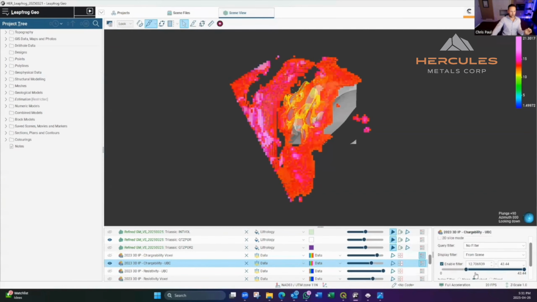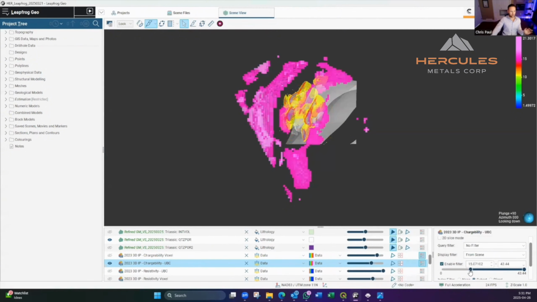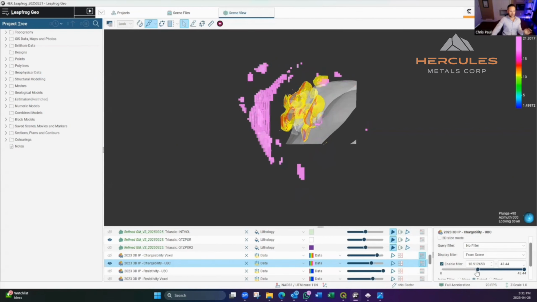So getting back to that strength filter, if I keep pulling away lower values, you can see the highest values now are only in Southern Flats and Great Creek. There's a couple blebs still here where we've drilled. But the Western Deeps doesn't go away. It doesn't go away. So if we keep going higher,